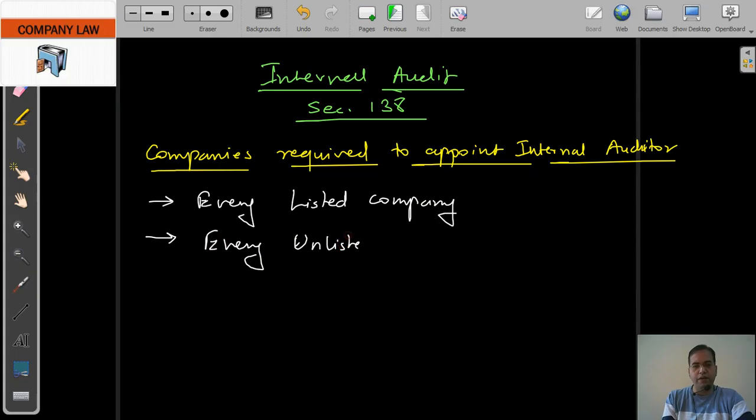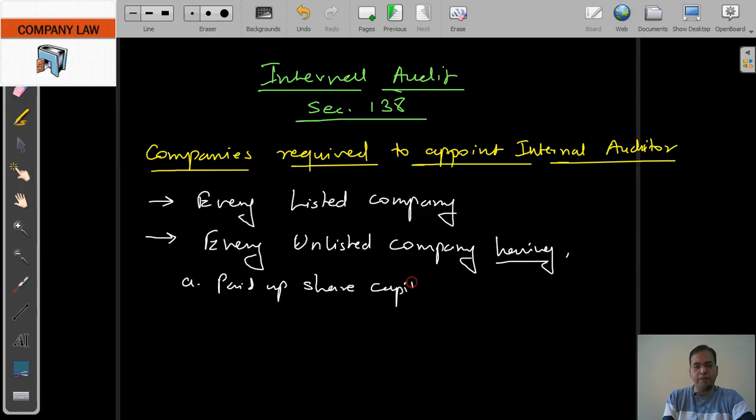Every unlisted company having paid up share capital of rupees 50 crores or more